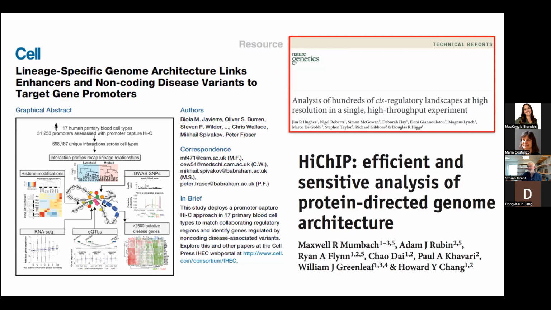We also debated HiChIP, which came from Howard Chang, but that's obviously very dependent on particular marks. So there's an a priori expectation that certain histone marks are crucial to this. Whereas what we liked about Capture-C, which was published by Oxford, was that you can really dictate which regions of the genome you want to look at. And so we thought we'd try and scale up Capture-C for our own uses.